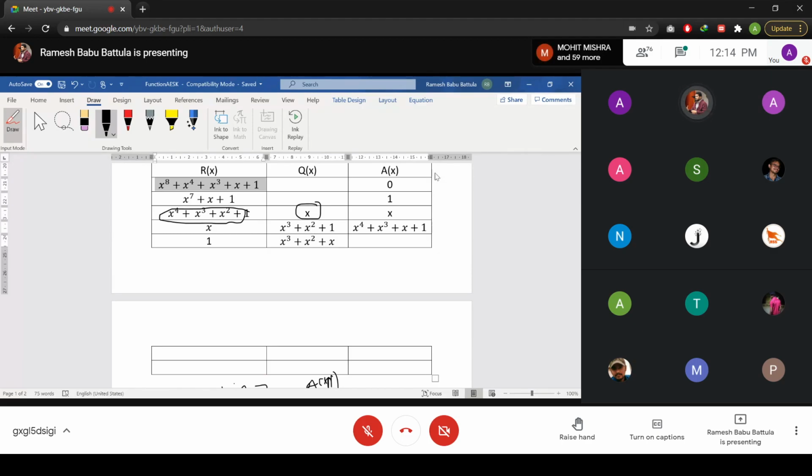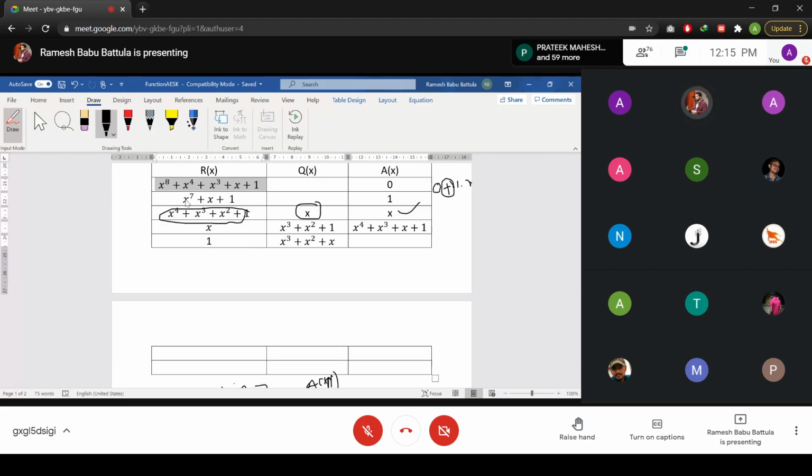So now I am writing here my new a of x value like this, 0. Actually, I need to perform minus, but there is no minus operation here. That's why we apply the XOR operator. And 1 into x, 1 into x, so this is going to be equal to 0 XOR x. That means that value is going to be x. That's why we wrote the x value. I think it is clear for the first step. I'm coming to the second step.